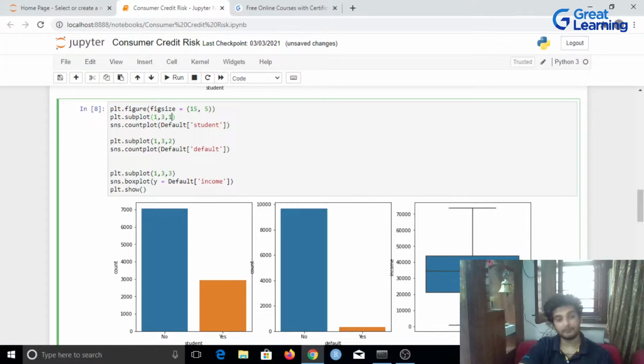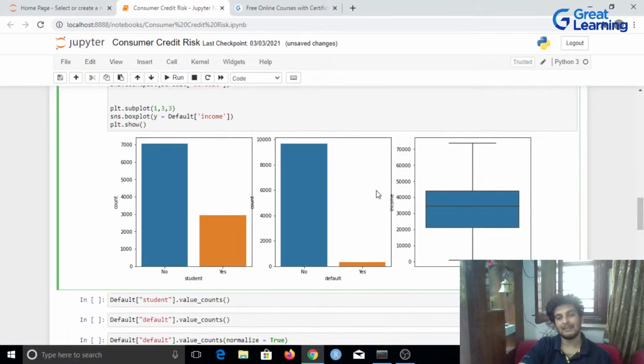For index number 1, we have made a count plot for the student column, and it's very clear that 7,000 of them are not students, 3,000 of them are students. Here we have made a count plot for the default column, and this tells us that out of the 10,000 people who have taken up this loan, the majority of them are not defaulters.